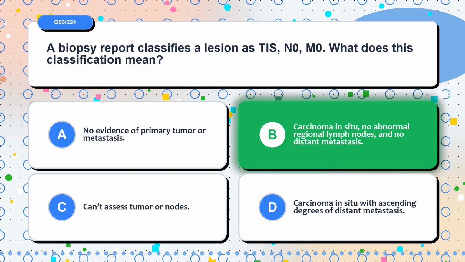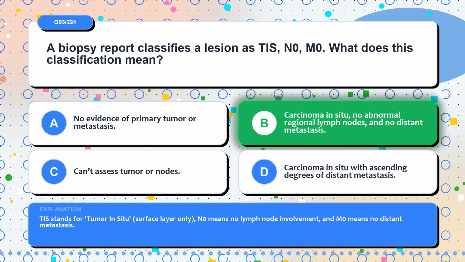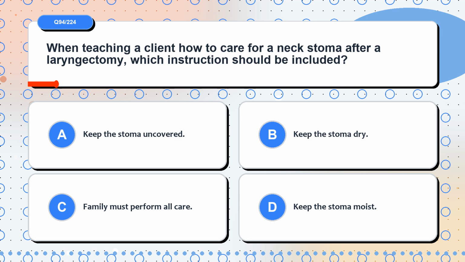The correct answer is option B. Carcinoma in situ, no abnormal regional lymph nodes, and no distant metastases. TIS stands for tumor in situ surface layer only, N0 means no lymph node involvement, and M0 means no distant metastases. Question 94. When teaching a client how to care for a neck stoma after a laryngectomy, which instruction should